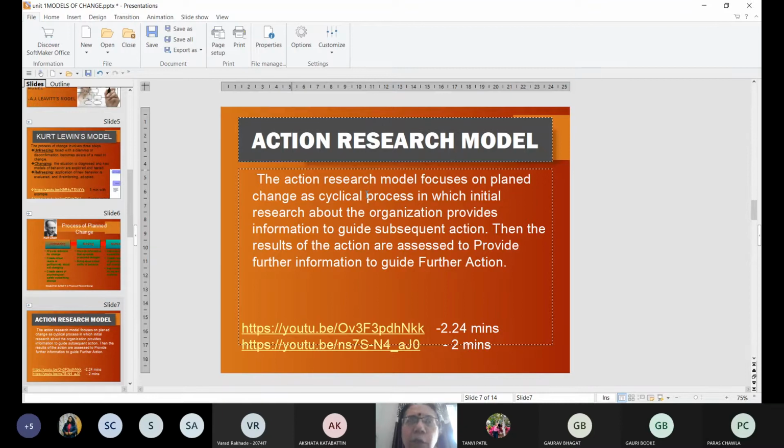In the organization, when you find out a problem or you come across a challenge, you try to gather more information about it, do research over it, find out what is the cause of the problem and try to find out what is the solution of the problem. Then you take action. Once you take action, maybe the problem is not fully solved, so again you continue with the same steps. You find out more about that problem, why it was not solved, what more we can do, then you again take some action. So this goes on and on and on, and this is called as the action research model.